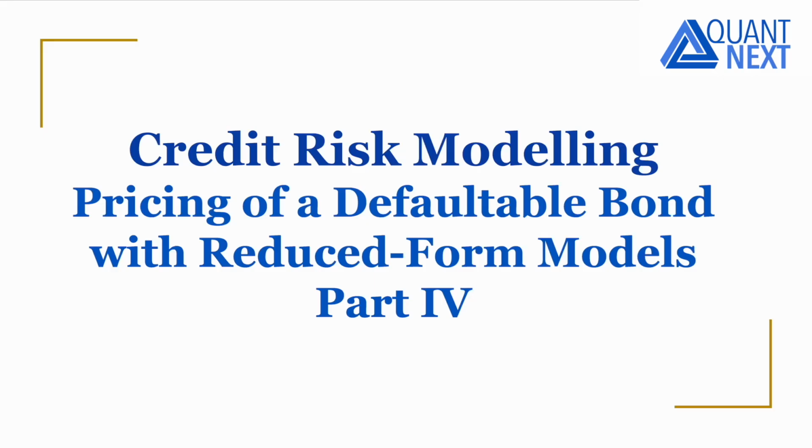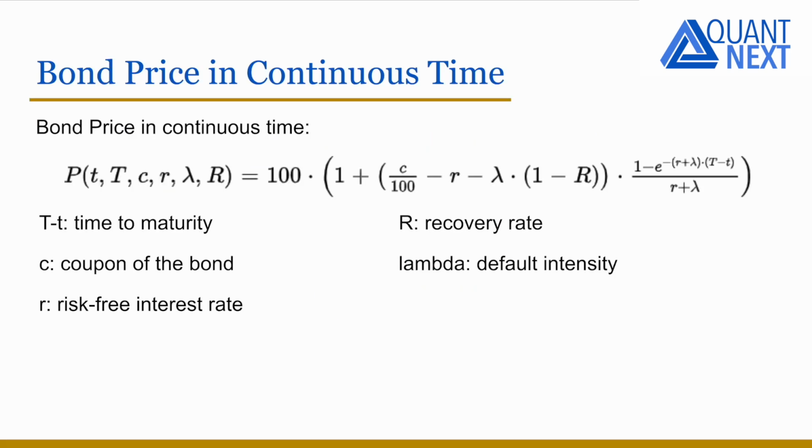Hi everyone! This video is the fourth and final part of the series dedicated to the pricing of defaultable bonds with a reduced form model. We will discuss in this video the calibration of the model, potential applications, and we will compare different measures of credit spread. As a reminder, the bond price can be expressed as follows in a reduced form framework